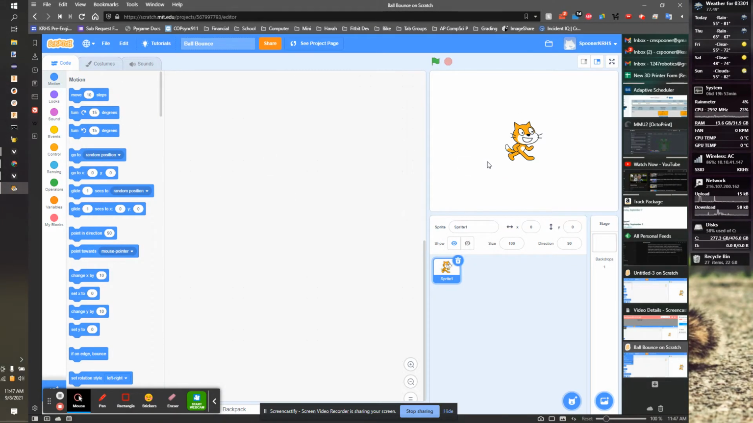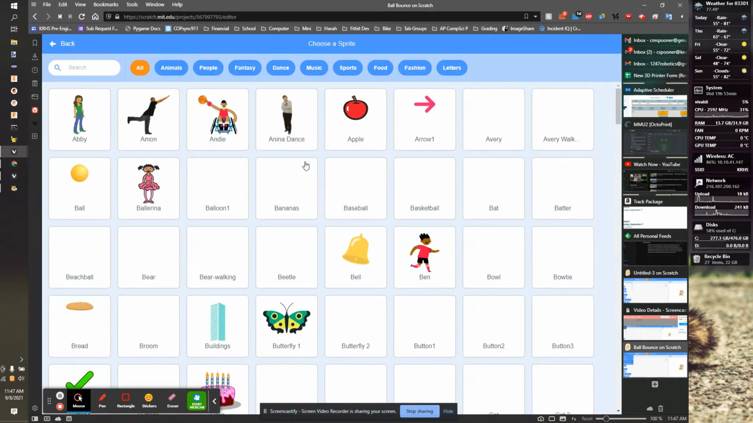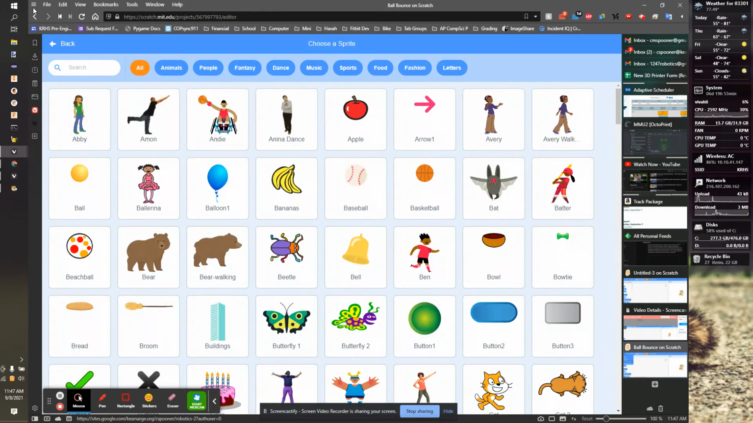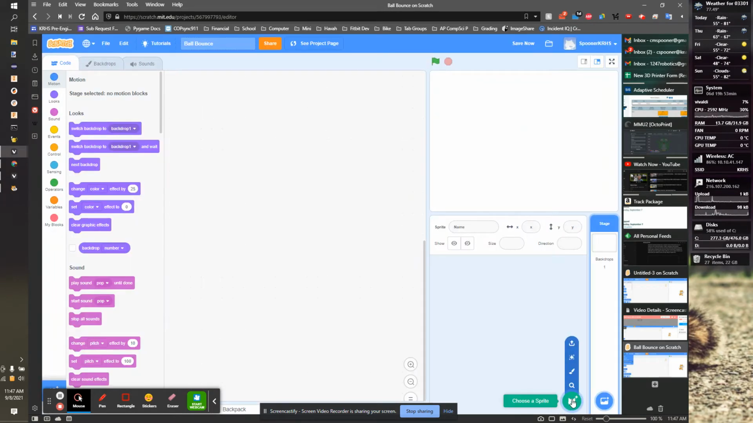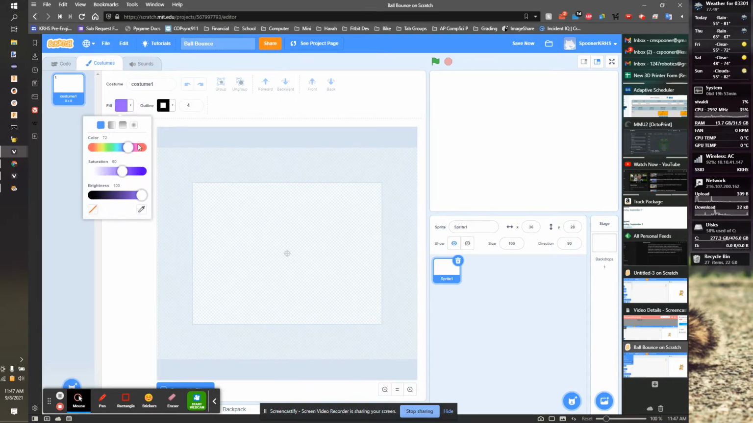So the first step is we're going to do the paddle. That's a really simple piece of code. The first thing we're going to do is trash our sprite, and make a new sprite. We're going to draw this ourselves. We're going to get the paintbrush, grab a rectangle, and fill it with black,